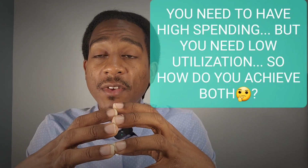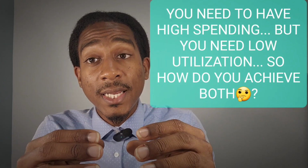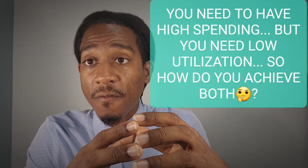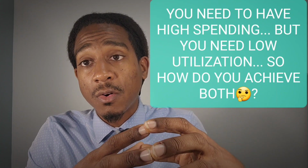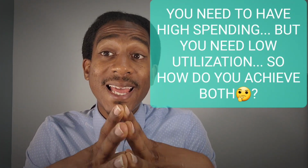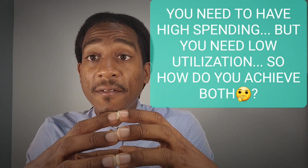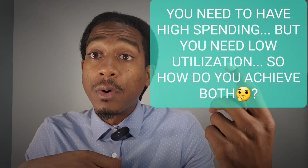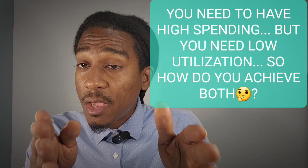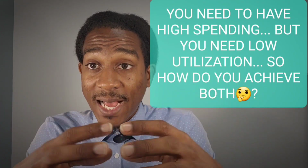So when you're navigating using credit cards, your foundational benefit of credit cards in the early days especially is really just getting used to using them and letting them be a key component to building out your credit profile. That should be the foundation of what you're after. Once you get that down to a science, then hopefully you're scaling up and learning how to navigate either cashback or travel rewards to maximize value on credit cards. You can figure out which one of those makes the most sense for your financial profile and philosophy,